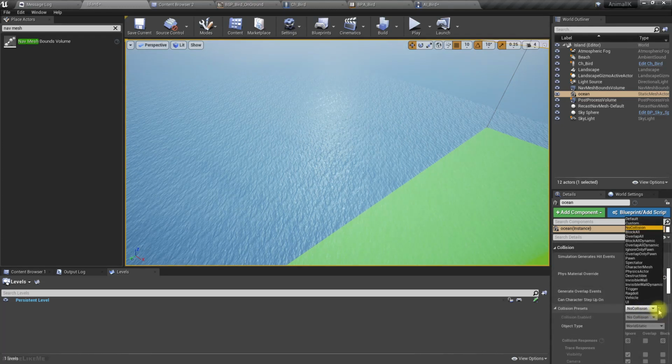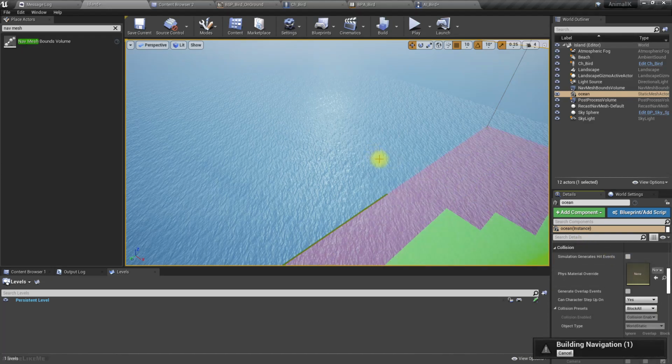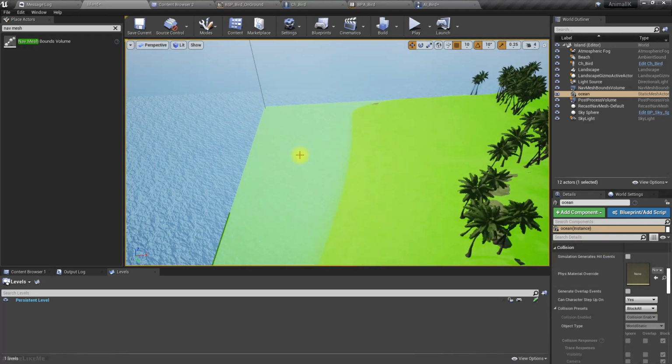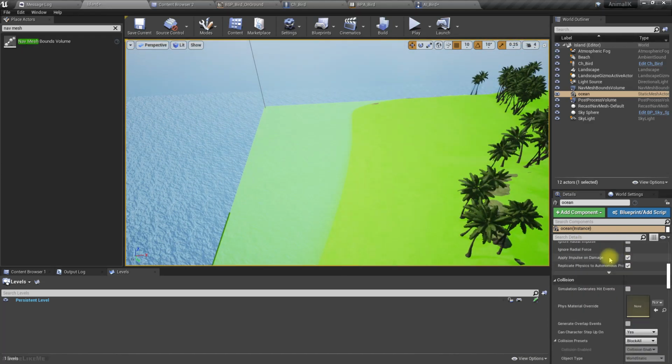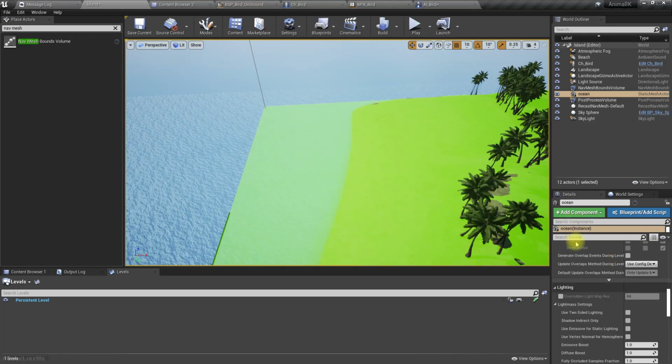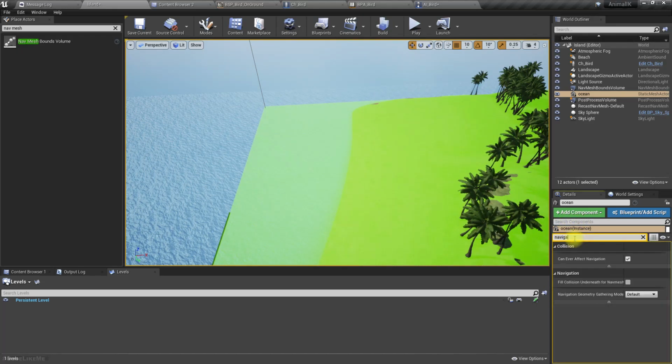So let's reset and then under navigation.